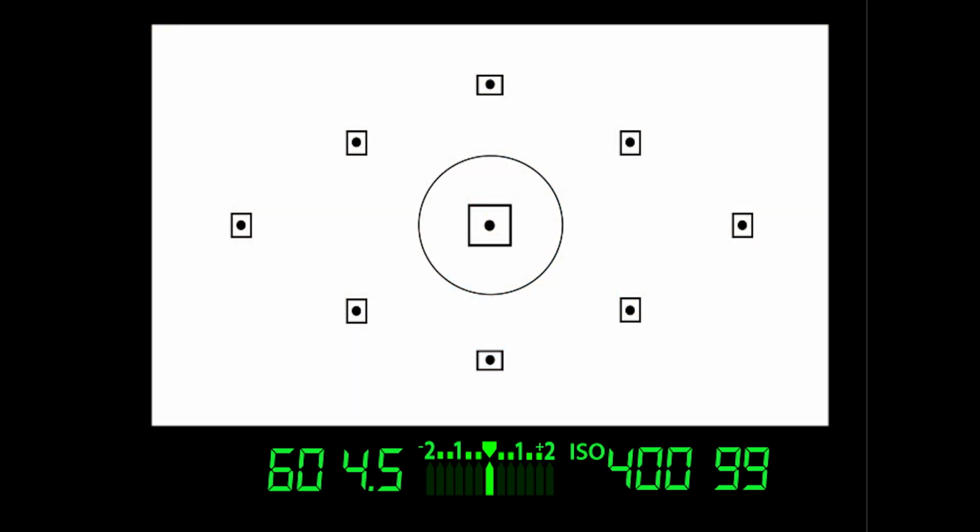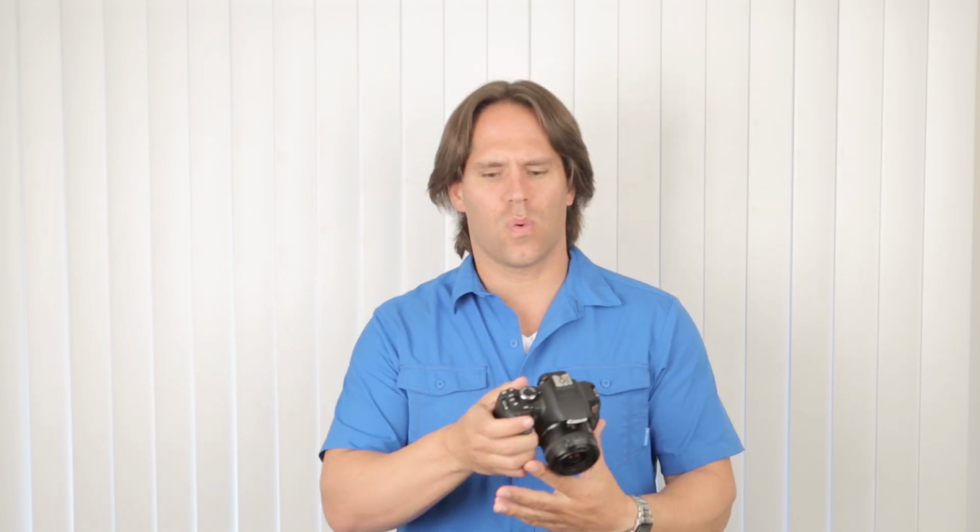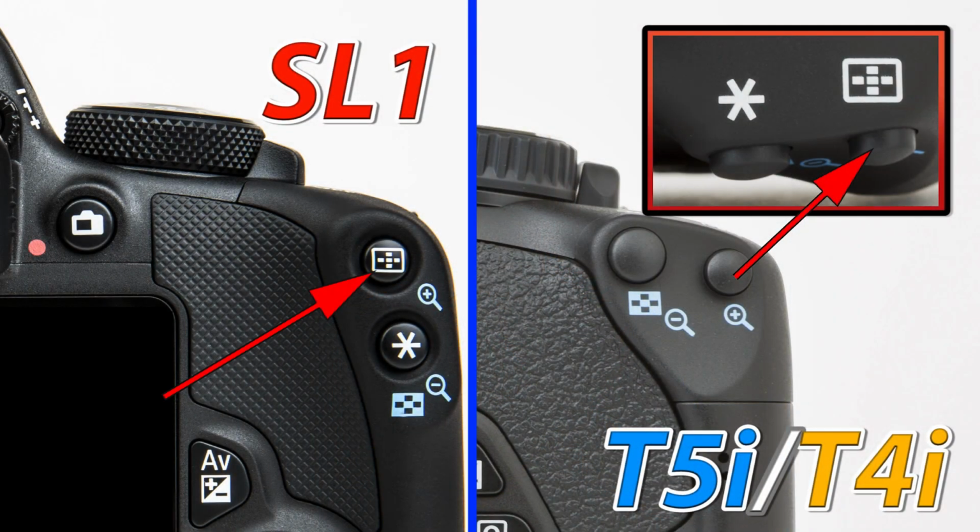As you look through the viewfinder, you're going to see 9 focus boxes throughout the viewfinder. There's one larger central box, and there's also 8 that surround it. These are your focusing squares. The focusing squares allow us to tell the camera where to focus specifically. And in some of the basic modes, the camera is going to be essentially picking the closest subject to us and focusing on that. The way we change our focus squares is we are going to push our outer right